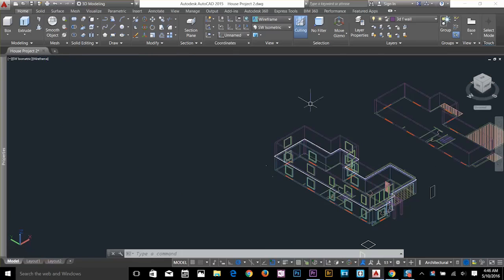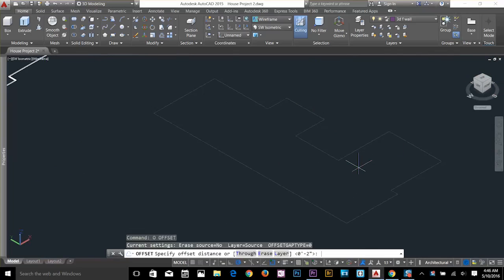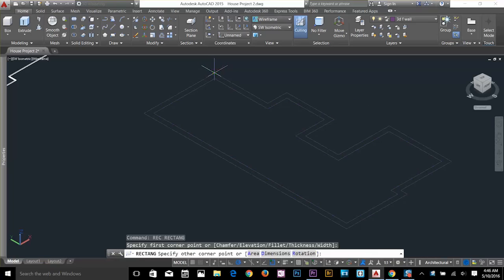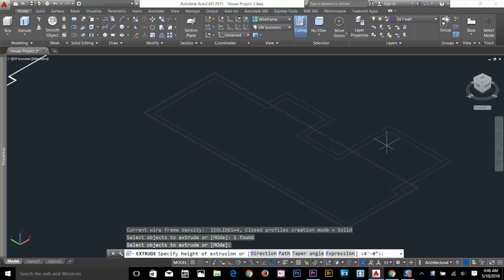I've got a backup copy of that boundary here, and now I'm going to offset that about 2 feet outside, and then I'm going to make a rectangle from this line to this line. And now let's have a look what we can do. So there's so many ways that you can do that, but I'm going to show you a quick way. I'm going to extrude this about 4 feet,